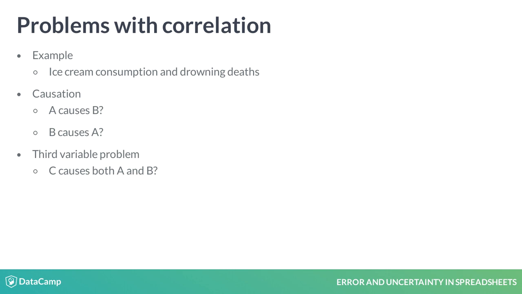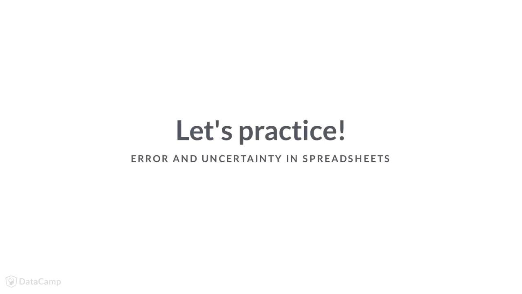drowning deaths. First, correlation coefficients indicate a relationship between groups of data. They do not indicate that changes in one variable cause changes in another. With that, you're ready to go. Let's get